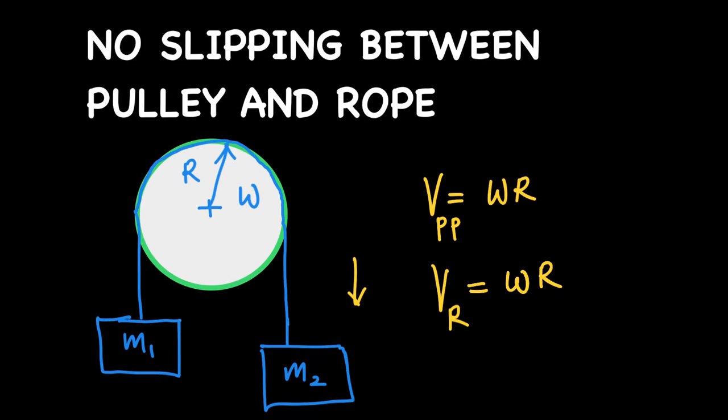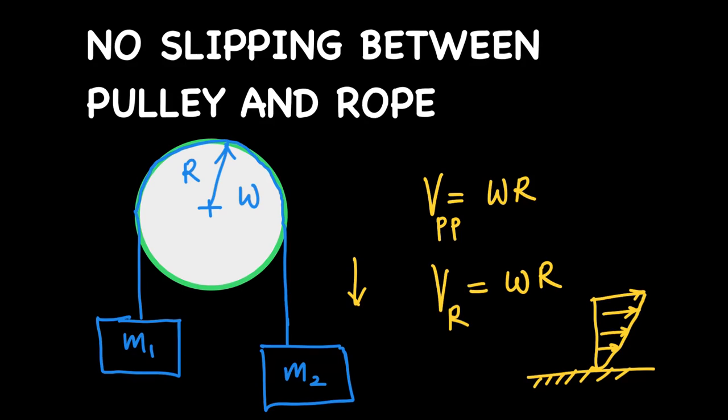No slip boundary condition is not something which is dedicated to mechanics. We will see this in fluid mechanics also. We will see this when we talk about belt drives also. In fluid mechanics, when you have a fixed plate and there is fluid flowing around the plate, then at this particular boundary, the fluid velocity will be zero. This comes from a no slip boundary condition. Clear? So this is what no slip boundary condition means for a pulley and rope system.